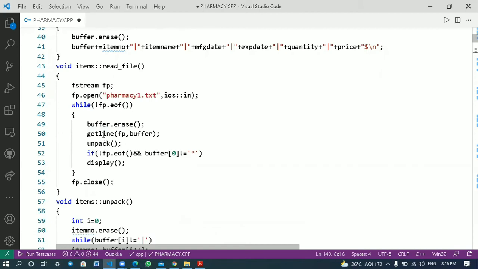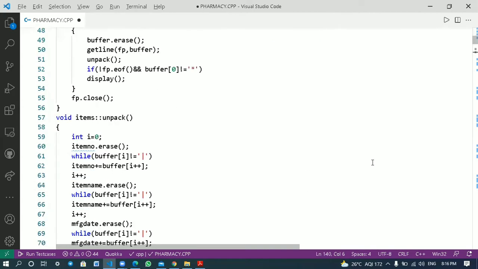To get the information line by line, we are using getline method. Next we'll call the unpack method. Let us see what is there in unpack first. In the unpack method, we are initializing the i to 0 and item number. Then we are erasing the item number. Then we are checking while buffer of i is not equal to delimiter, then